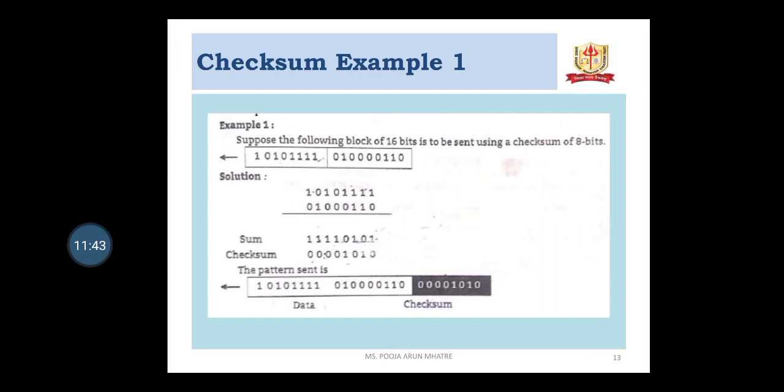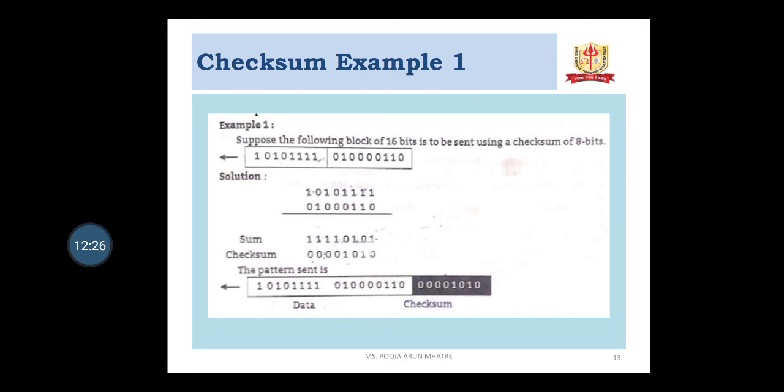The sum of the bits: when the bits are different, that means 1 plus 0 is 1. When the bits are the same, that is 1 plus 1 is 0 and carry over 1. So at the third bit there are three ones, that is a carry 1 bit and 2 bits, that is 1 plus 1 is 0 carry 1, and 0 plus 1 is equal to 1. Then carry 1, 0 plus 1 plus 0 is 1, 1 plus 0 is 1, 1 plus 0 plus 1 is 1, and 1 plus 0 is 1.